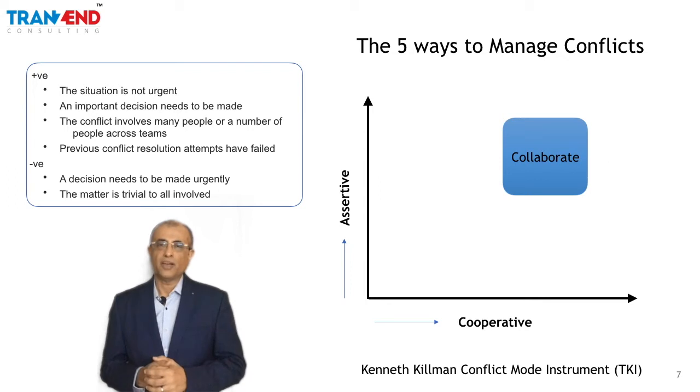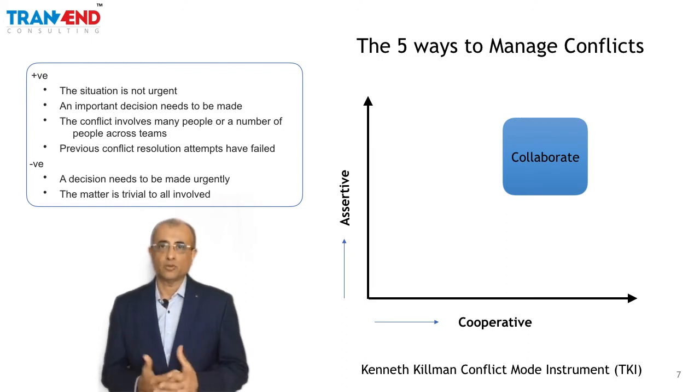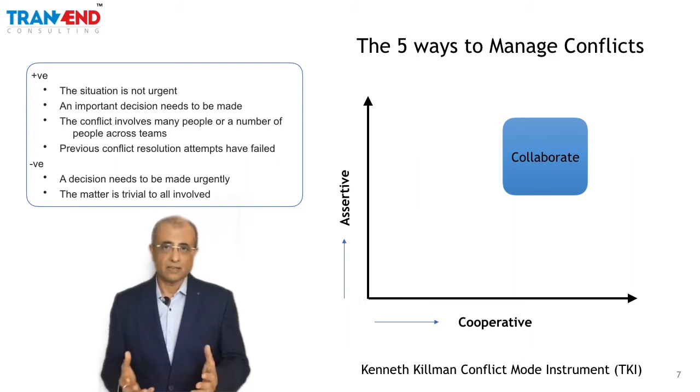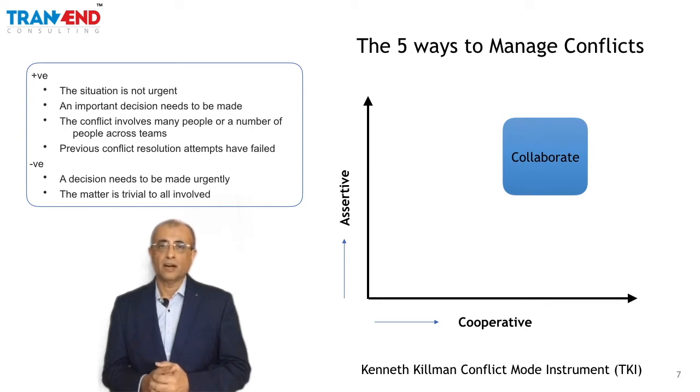So, wherever it's not an urgent, here-and-now kind of situation, where an important decision has to be taken, where a lot of people are involved, a lot of factors are involved, where if you say, okay, let us take a quick decision on this, and we will consider only one or two factors, we will ignore the rest, then you might realize later that this decision didn't work for you. So when multiple factors are involved, it has to be collaborative in terms of how you take the decision.